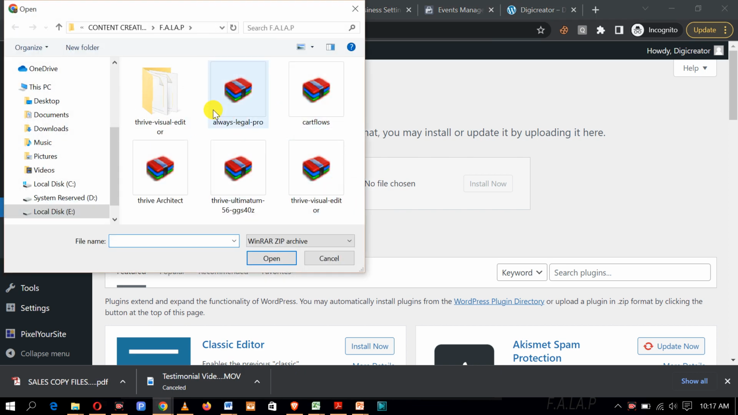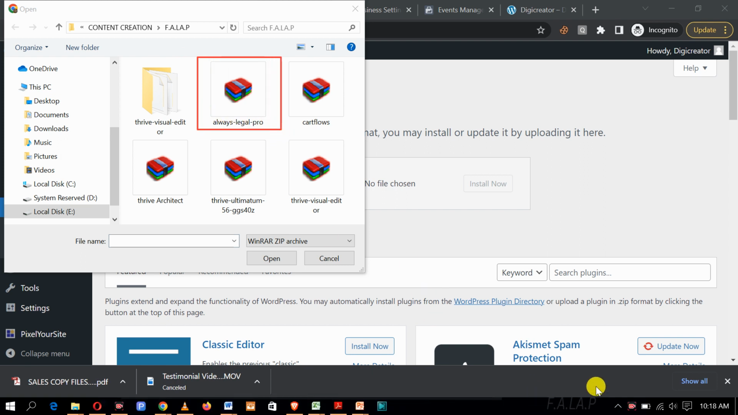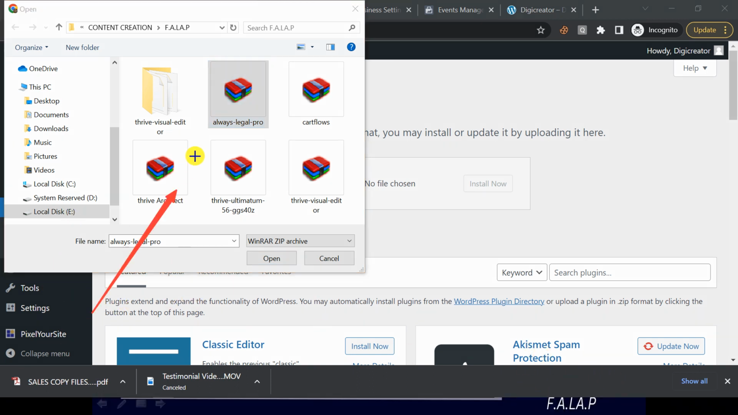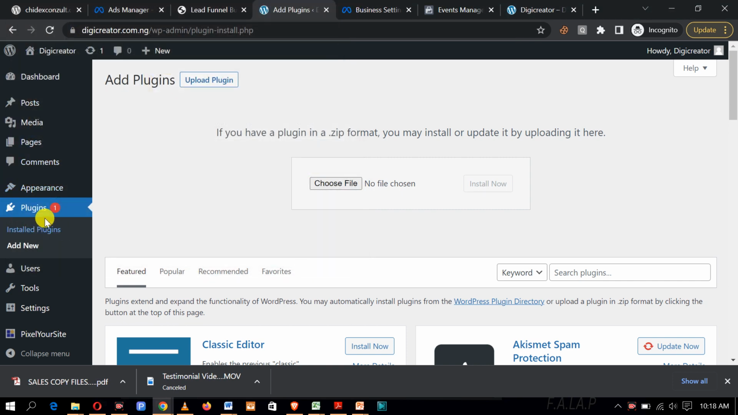Once I click on choose file to upload, I'll go to where I have my plugin. Then I will install this plugin, Always Lego Pro. Let me install it first. Click on it. It will pop up here. Once you click here, this opens up. You click on the file you want so that it comes inside here, and then you click on open. So that's what I've done. Let me also start afresh. So I say you should come on